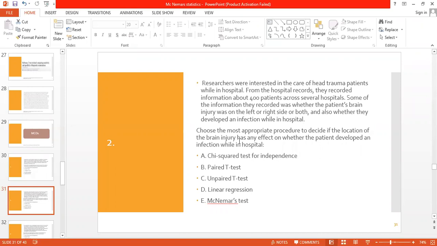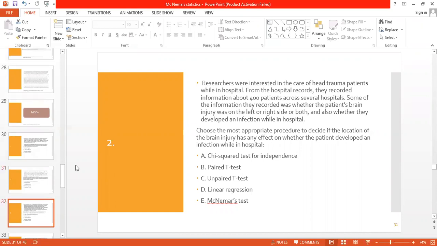A. Chi-square test for independence, paired t-test, unpaired t-test, linear regression, or a McNemar test. Alpha, chi-square test for independence, is the right answer. So basically, I will give four scenarios of this type, which will differentiate between all these tests: McNemar, chi-square, linear